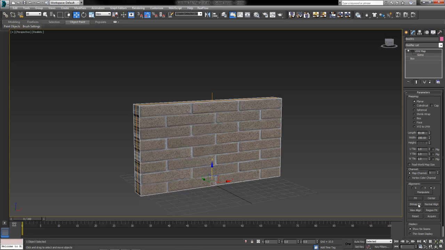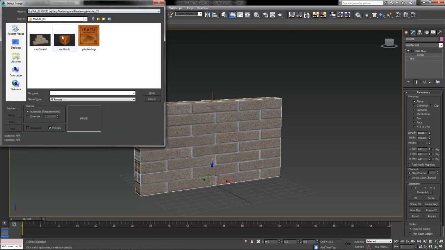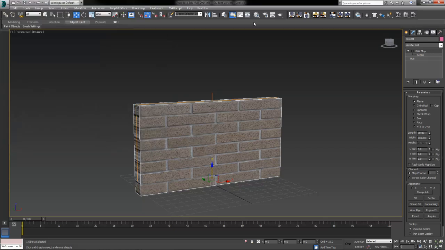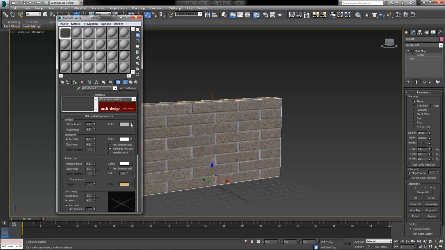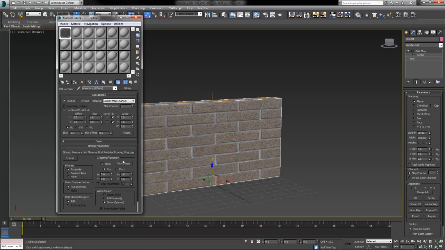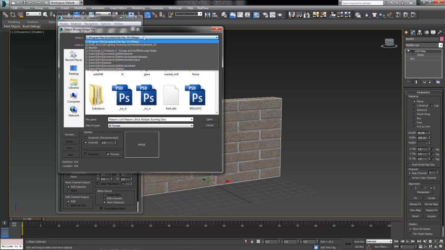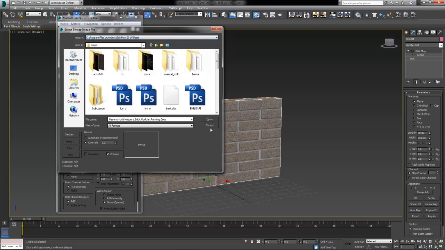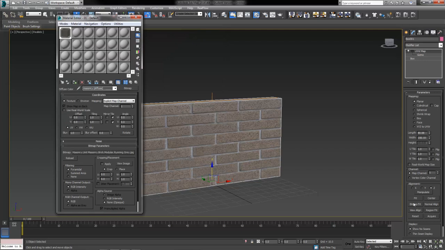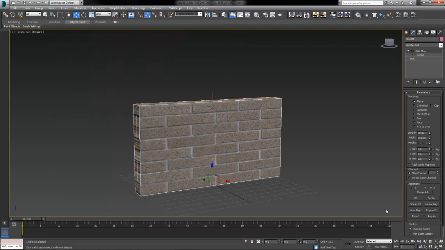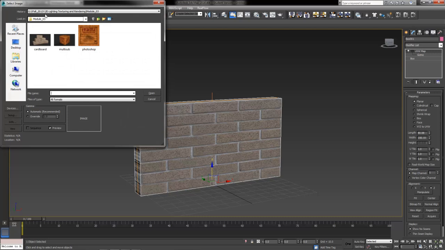We've got the ability to use the Bitmap Fit button, if we have the actual image. I can't remember exactly where 3D Studio stores it, but we could find that out. We just go into our texture, the diffuse slot, and right here in our bitmap settings, it'll tell us exactly where it's put those. Program Files, Autodesk, 3D Studio Max 2014, and maps there. So we can actually use this Bitmap Fit button down here to navigate